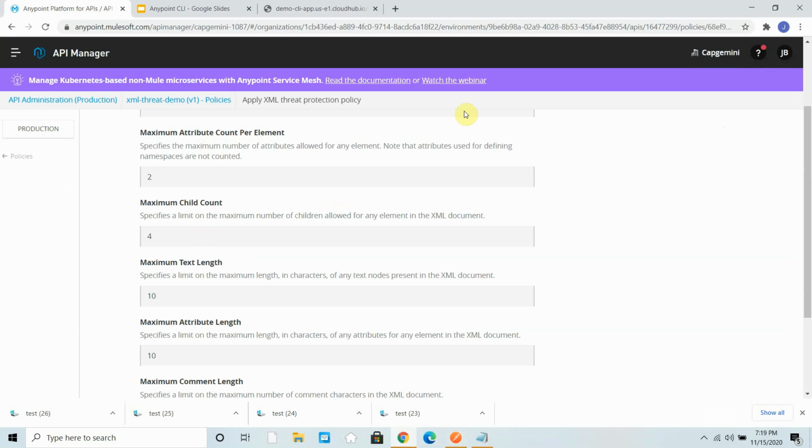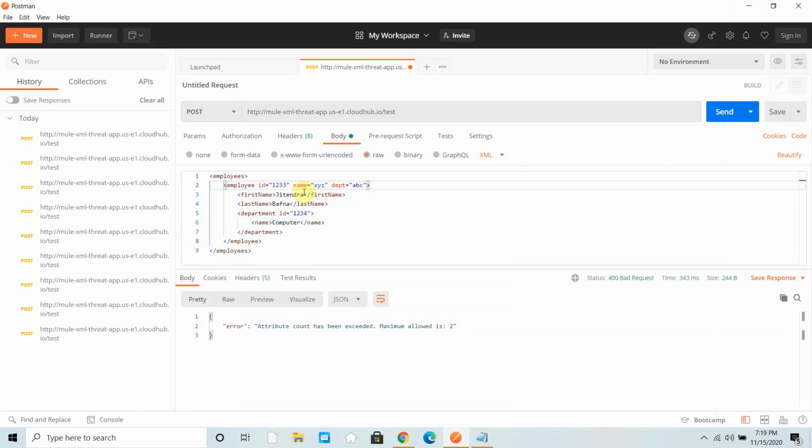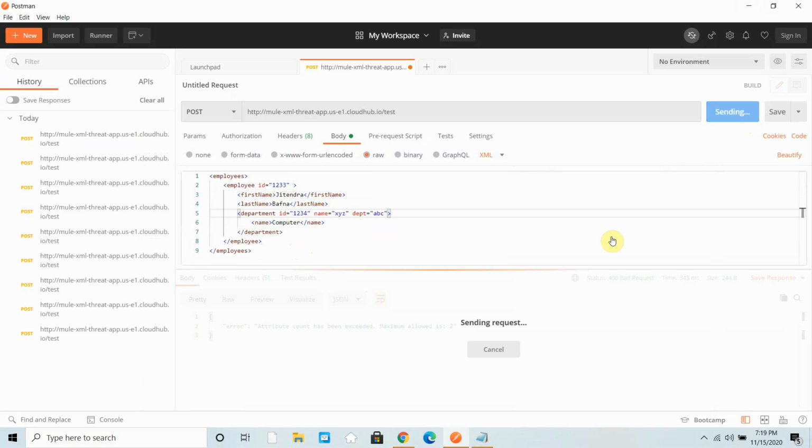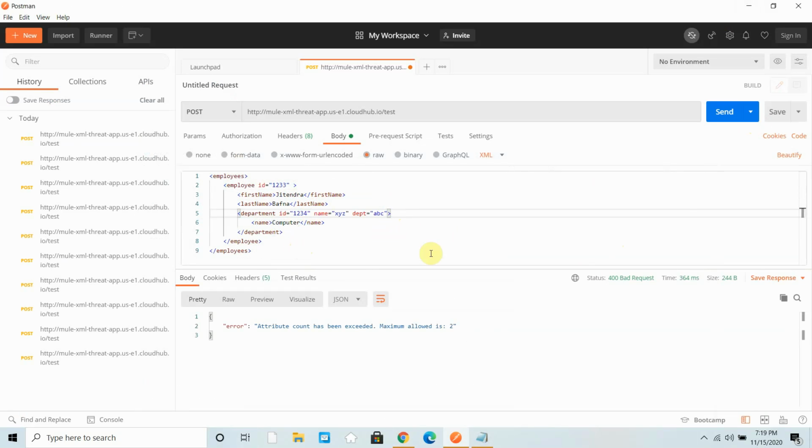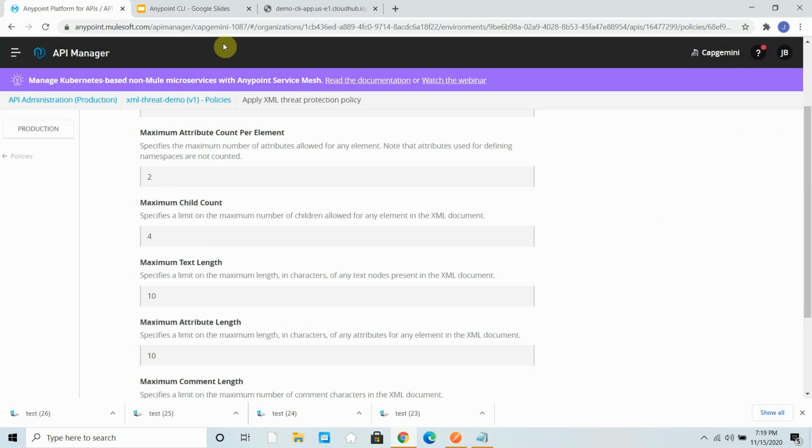So basically for any element it allows 2 attributes. Let's consider if I put it here also, it will throw the same error. So what I can do, I can say control X from here, control V, send the request. This will give the same error. If I remove this particular one, this will be successful, right? Next,